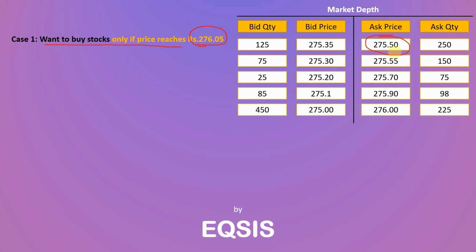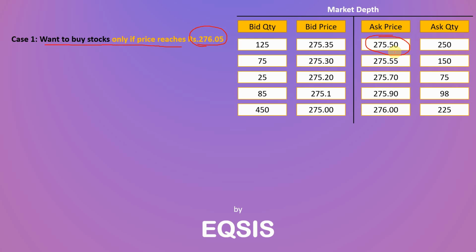So why should I actually think about buying shares at 276.05? Sometimes, technically or for various reasons, we want to see whether there is buying ability for the price to go beyond that level. Only then we buy. So I'm not actually talking about analysis now. But if you really want to buy a quantity only above 276.05,